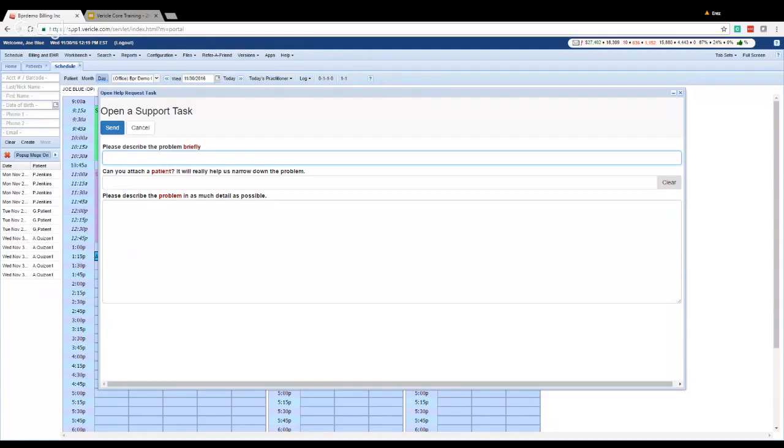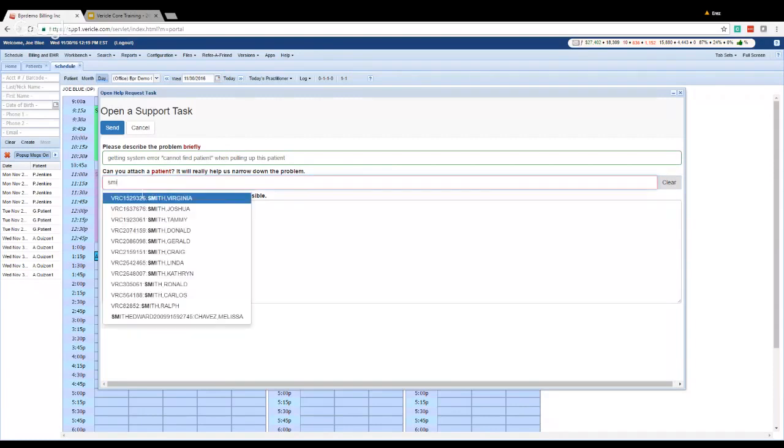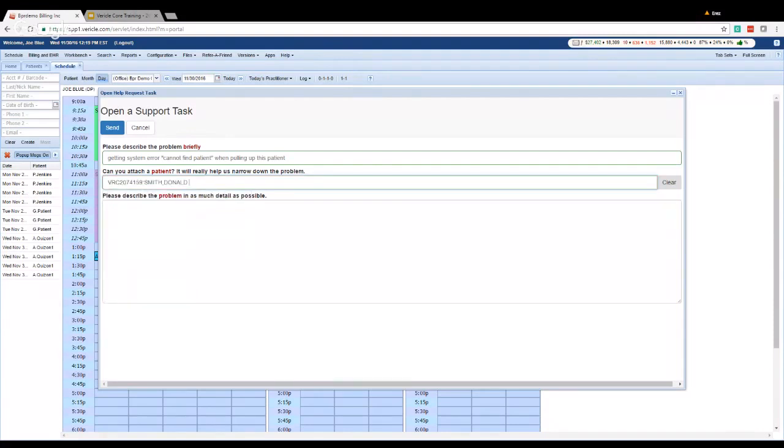So maybe I write something like, how do I look up a patient account in the scheduler? If this is something that's related to one particular patient, let's say I had something like getting system error cannot find patient when pulling up this patient. It would be really helpful if we specified which patient that was. So there's a little look up there, find Donald Smith, and then this is a pretty good description of the problem, so I probably don't need to add additional details, but